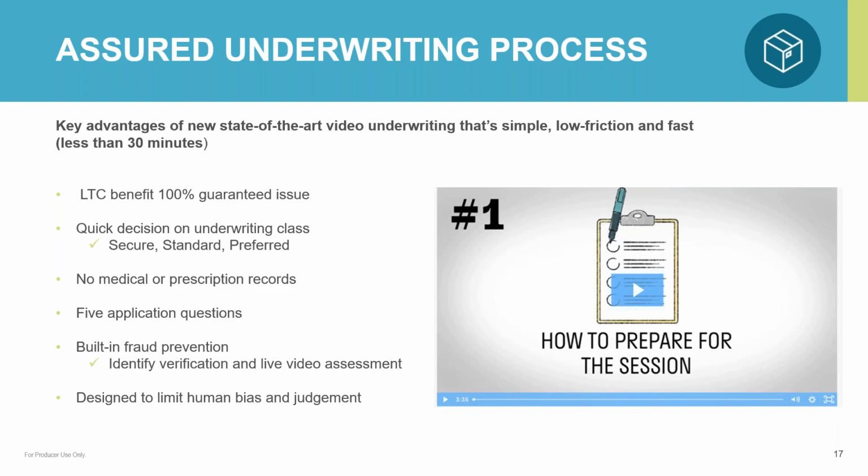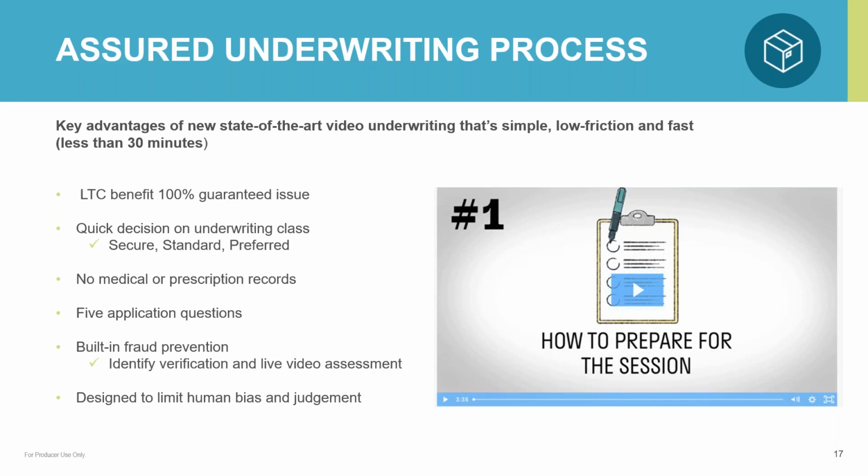Next step would be to schedule that digital underwriting to get done with Assured Allies, so that the client can get that underwriting decision done. It typically takes less than 30 minutes. The best process is the client can have a tablet or a computer with a camera so that they can have verbal and visual communication with Assured Allies. Assured Allies is simply going to go through some cognitive tests with